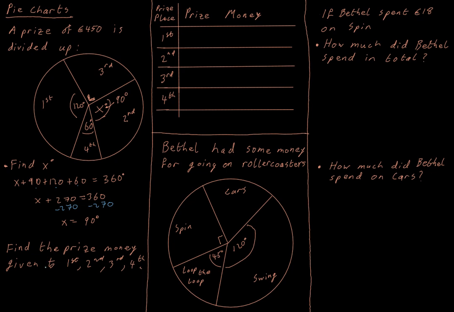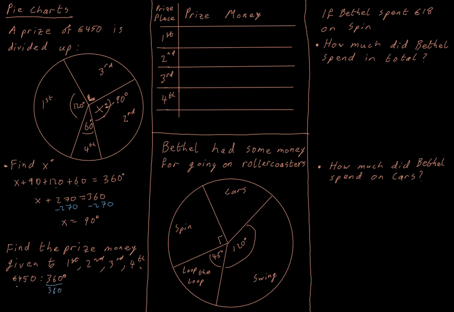We could treat this as a ratio and proportion type question. We know that the total prize money is €450, and we know that that is the total circle, so that would be 360 degrees. It would be the total circle. Then to find out how much each person got, how much first, second, third, and fourth got, we would simply find out